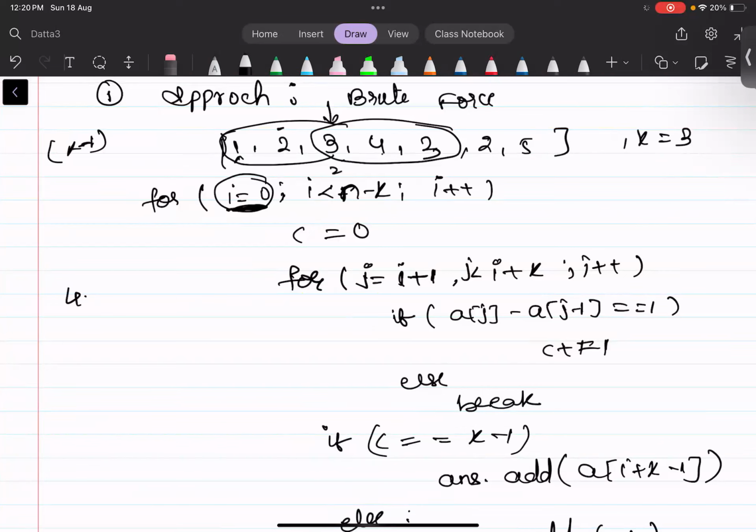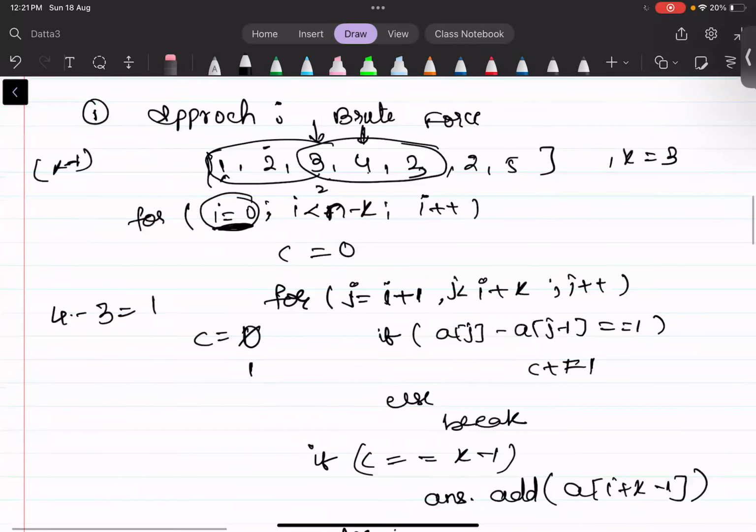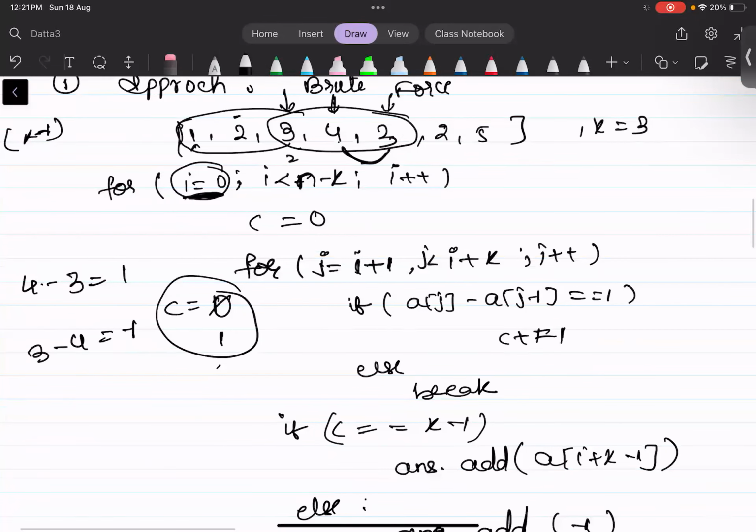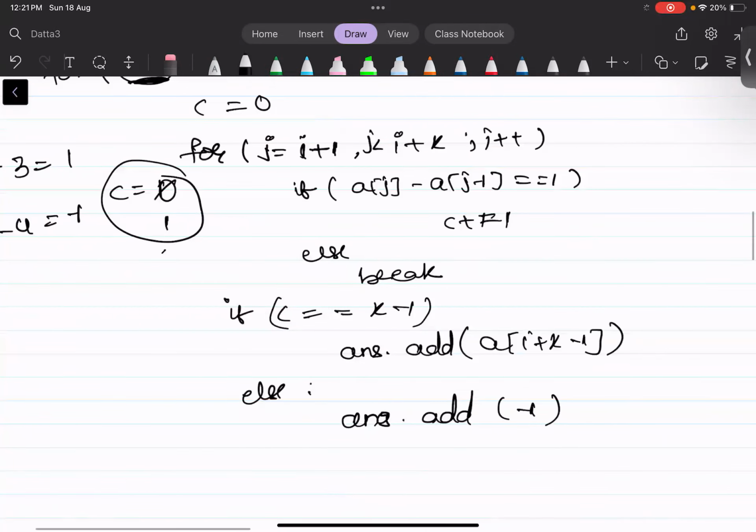Now 4 minus 3 is 1, so my c becomes 1 from 0 to 1. Now for next j, I'm going to check these two pair of elements, right? 3 minus 4 is minus 1, which is not equal to 1. So in that case, I'm not going to increase my count. As we reach size k subarray, our c is not equal to k minus 1. So in that case, my power will be minus